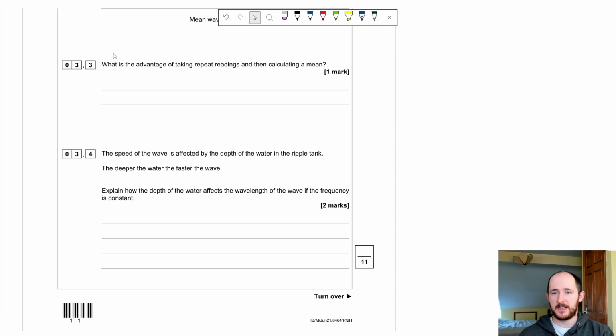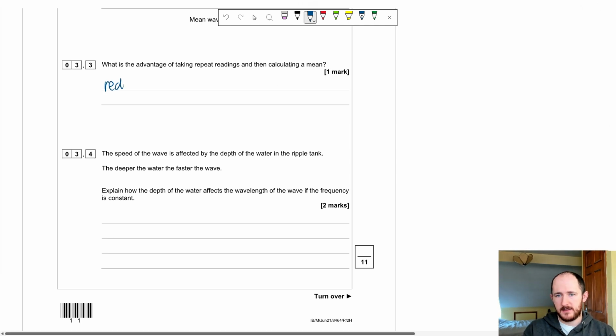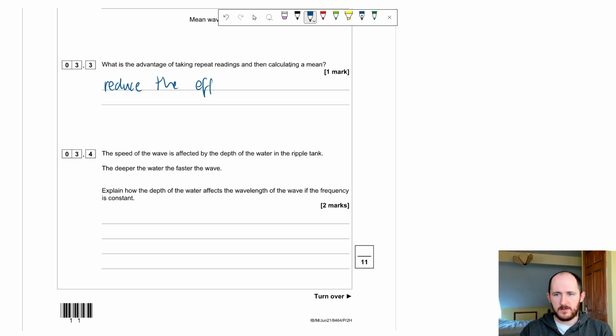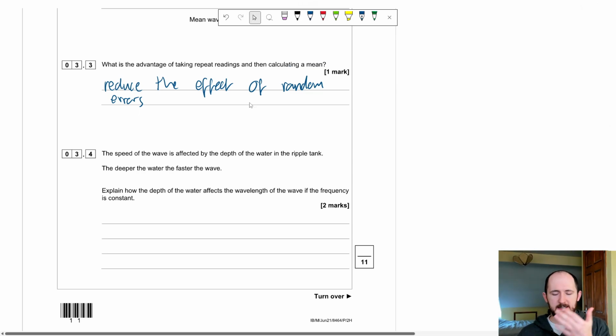So, this is a really good question, kind of at the heart of a lot of science. What is the advantage of taking repeat readings and then calculating a mean? The idea is to reduce the effect, and it is important that we say the effect, of random errors. The reason why I say reduce the effect is because random errors are random, we can't actually predict them, right? Because they're random, that's the whole point. And so we can't guarantee that taking a mean of 3 values gets rid of the random errors at all,